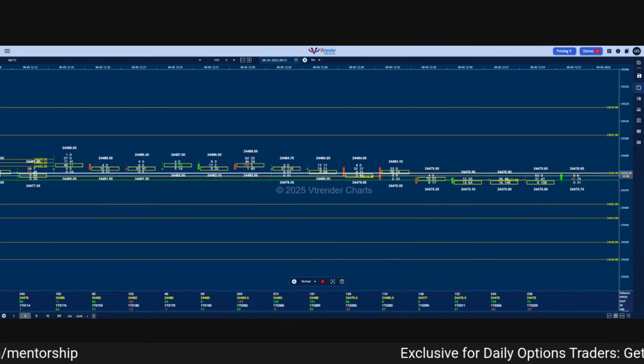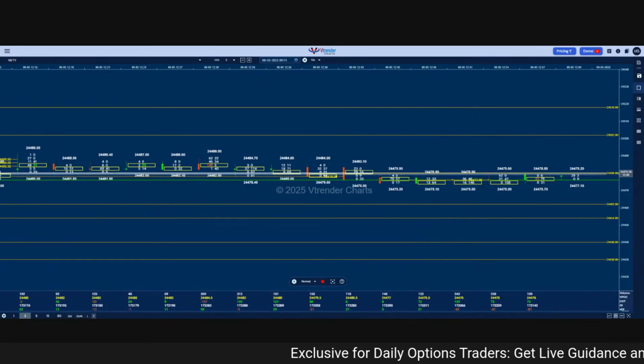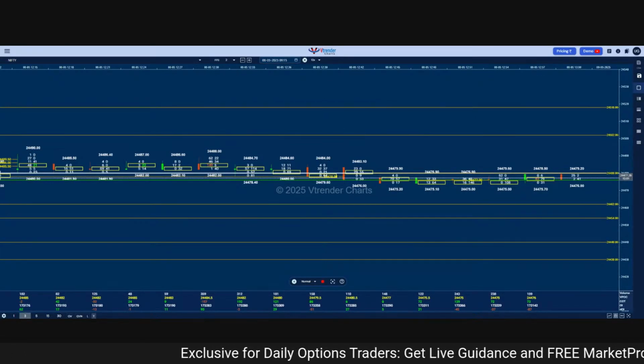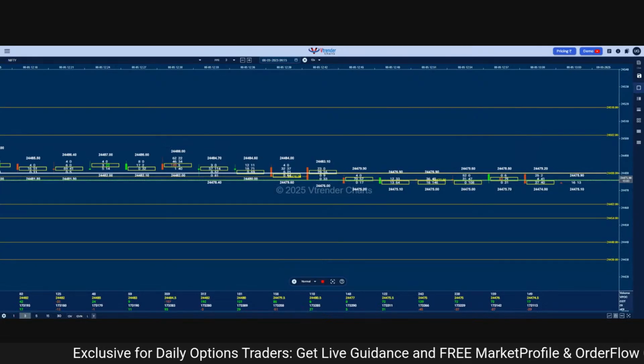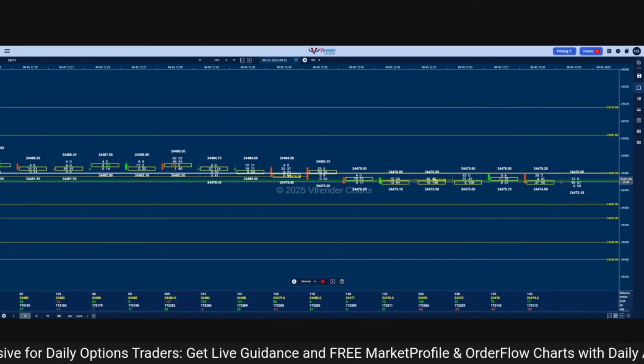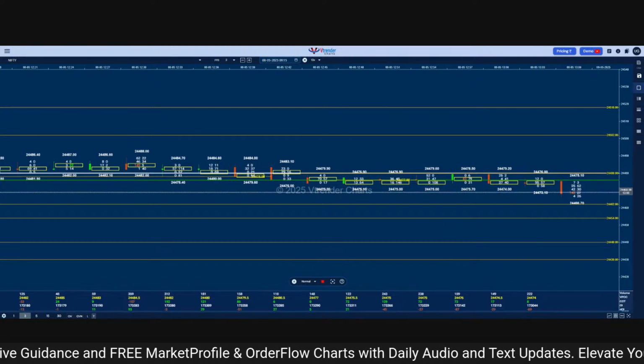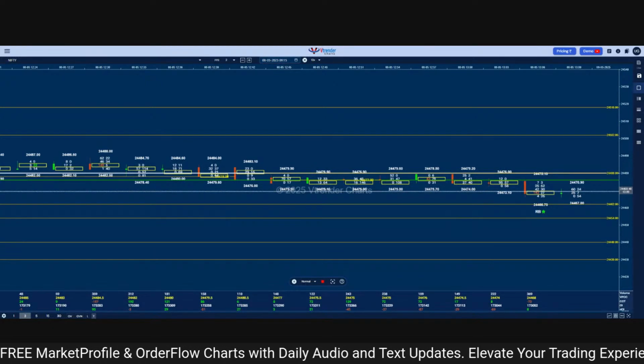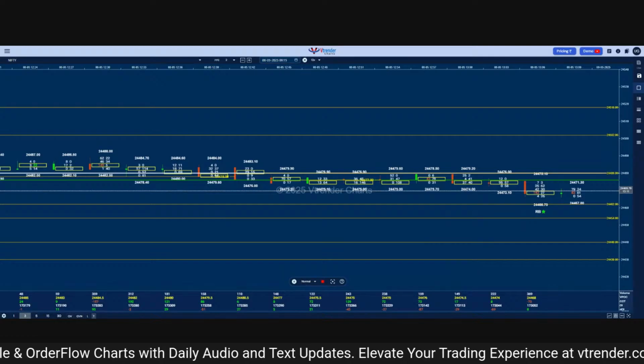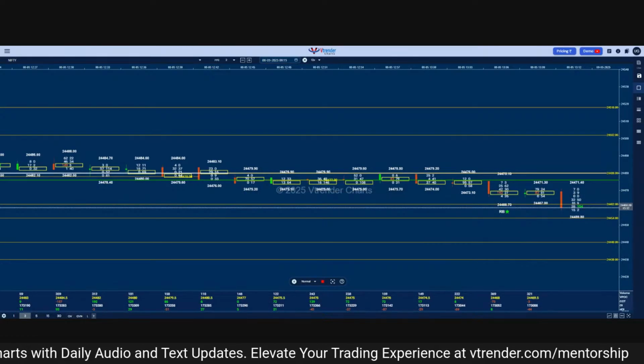And we know that 24500 is now with the sellers. So we want to see what happens when we test the value area low. We are keen on the auction testing that, and order flow showing us the signal. So as we go to H, what we have done is, after that pullback high, we have left at that